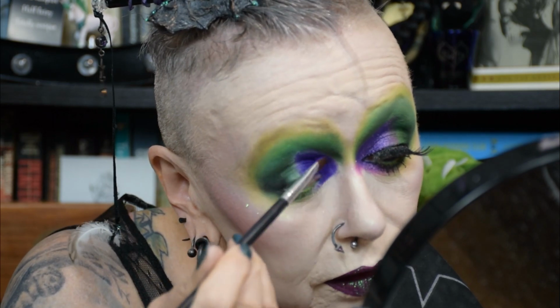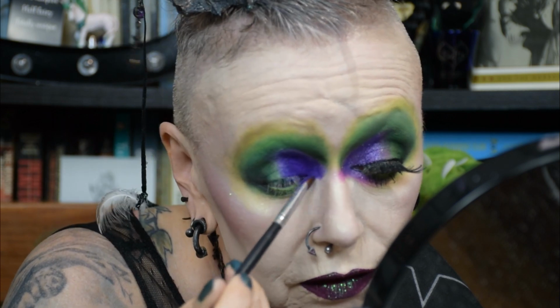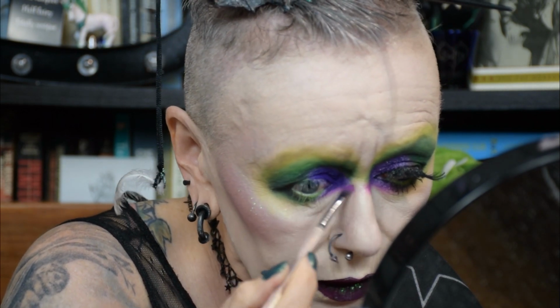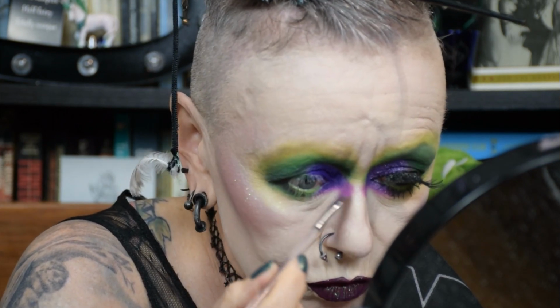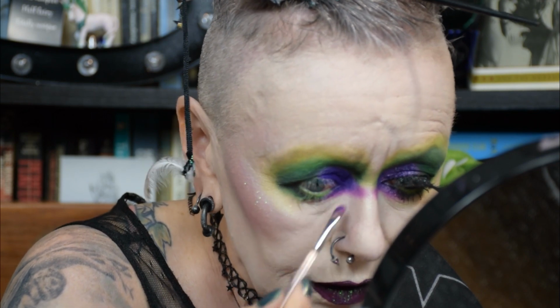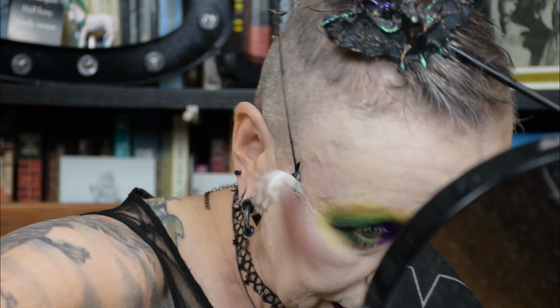So take it right up to the line. Try not to make too much of a pig's ear out of it. And then there's a lovely darkish pinkish colour here, which I'm just going to blend slightly along the bottom there and take up to my nose stripe. Take it across here just to meet the green, and then